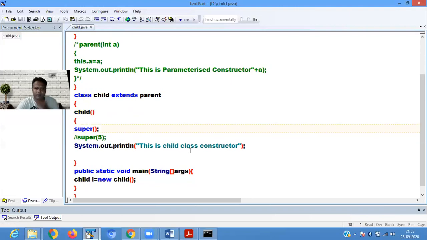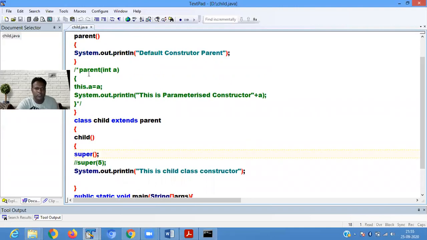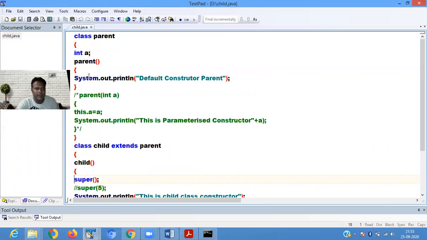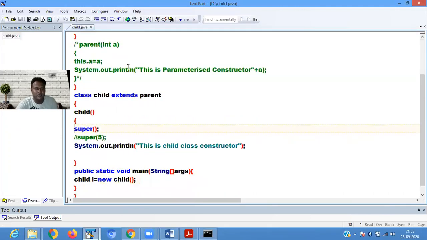Then it prints the child class constructor. So in the main method, when you create an object of the child class, the child class constructor is called. When the child class constructor is called, by using the super method, it calls the parent class constructor. So it shows first the default constructor of the parent, then the child class constructor.